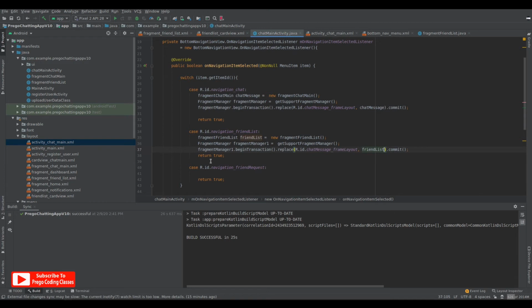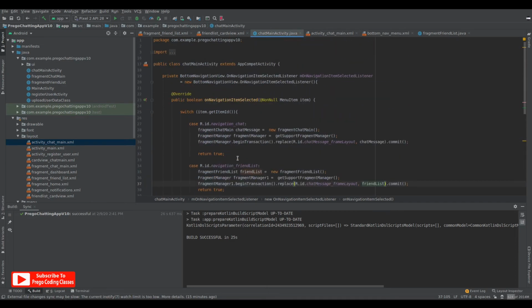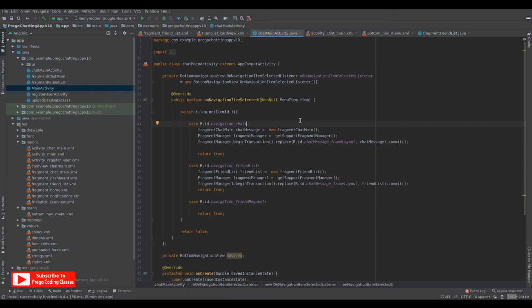And we'll work on the friend request later, because we have completed only 2 fragments, not the third one. So this opens our fragment when we click on the menu, that is the chat menu or the friend list menu. Okay, now let's do another thing very quickly.